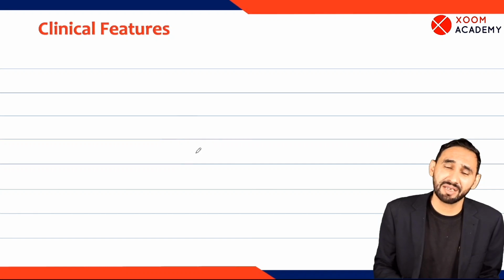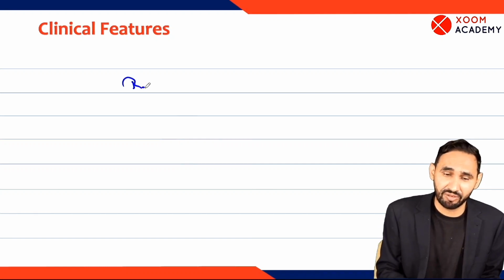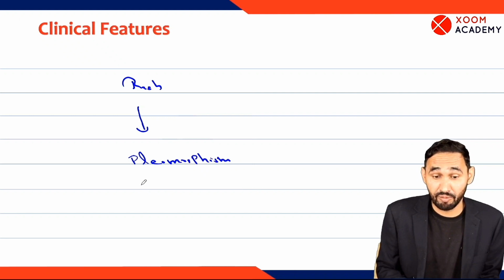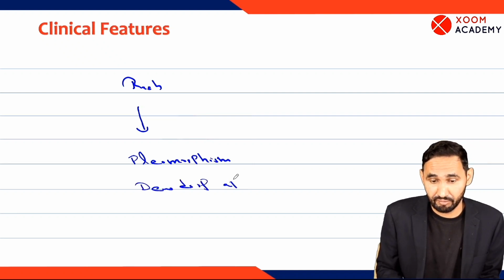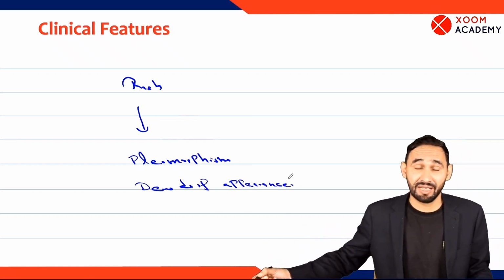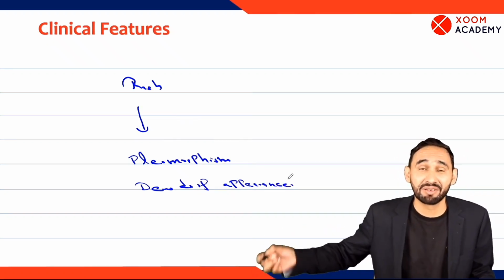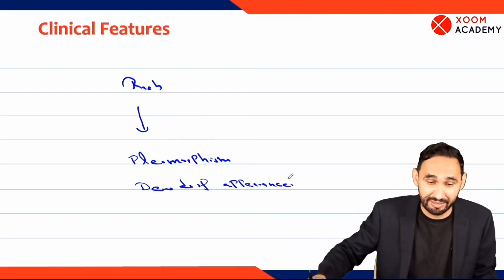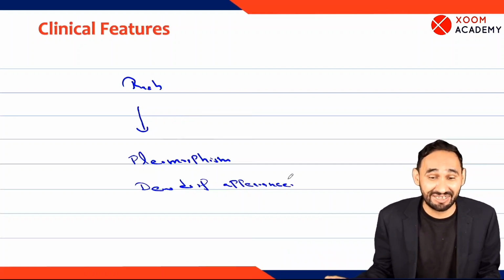Chickenpox is characterized by rash. You have to remember pleomorphism. Dewdrop appearance. What is pleomorphism? All the stages of rash, macule, papule, vesicle, and scab are seen at one stage. Drops appear and then disappear. There is dewdrop appearance of the rash.